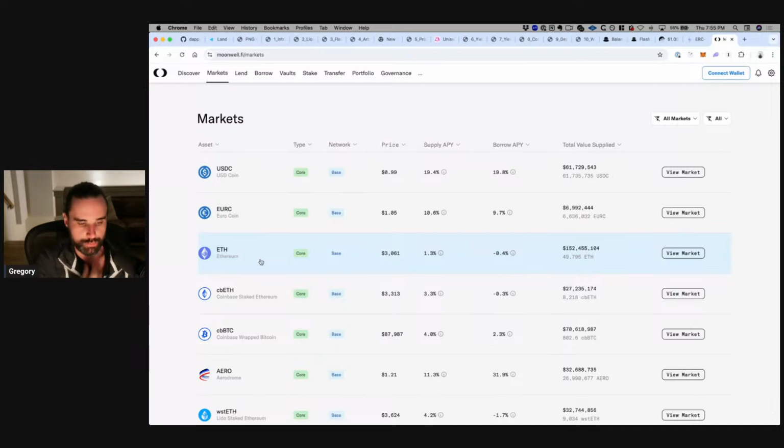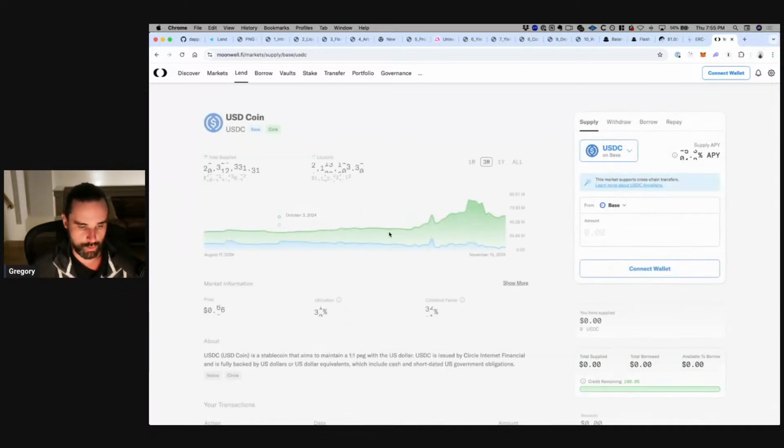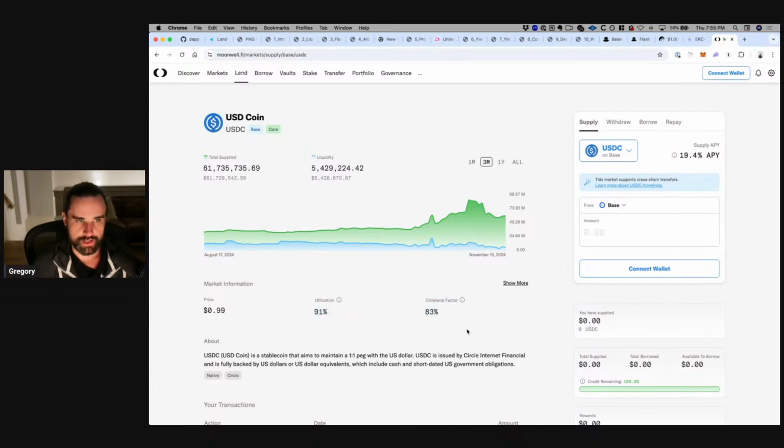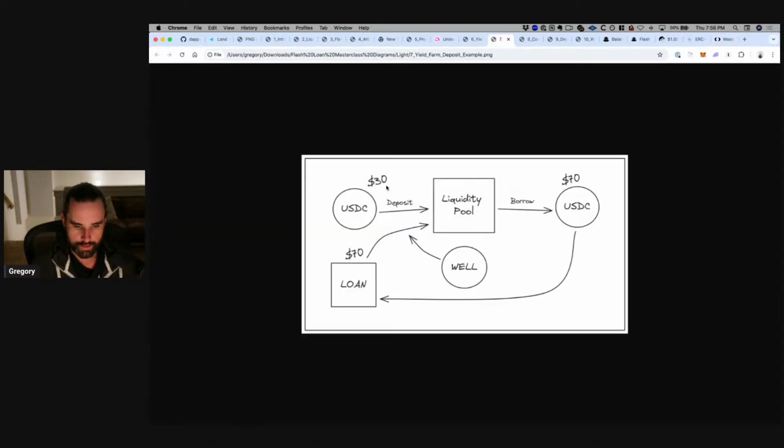But that risk is pretty low when you're talking about a stable coin like USDC, and if you stay far away from this collateralization factor, which 70% is pretty far away from 83%. If you want to be less risky, you could do 50%, something like that. But that's the biggest risk to be aware of, and that's why I chose these numbers of 30 and 70, so that it's easy to understand.